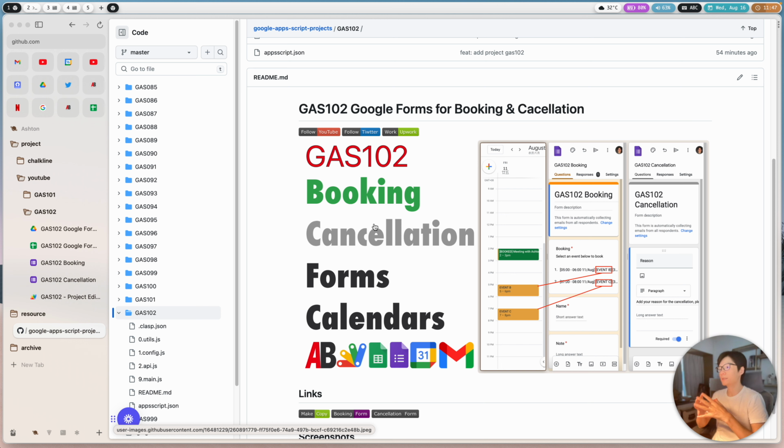So the normal process is going to be like this. First, you are going to have two forms, one for booking and one for cancellation. And in your Google Calendar, you're going to have a calendar designed to enter any events that are available for you. You can enter some events there, and they are going to be added automatically as drop-down list items in the booking form,